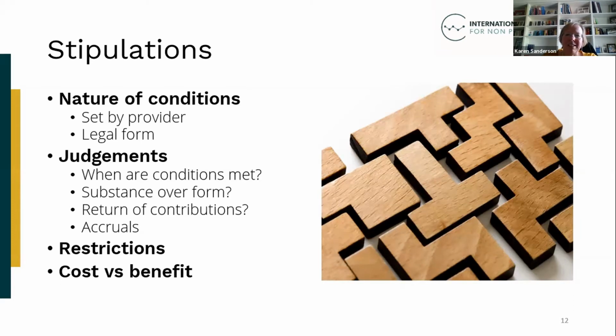Contributions are likely to be reflected in some form of agreement or documentation that sets out the arrangements between the contributor and the NPO. And since the NPO is only entitled to the revenue once conditions have been met, revenue can only be recognised once any substantive performance requirements have been satisfied. And when we talk about substantive performance requirements, these are the requirements that are most important and central to the arrangement between the NPO and the contributor. Judgment may be required to determine whether performance requirements have been met. And if they have not been met, revenue may need to be deferred until they are.